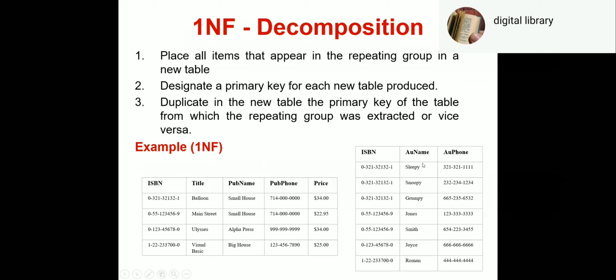So if one ISBN has multiple authors, it will have 3 rows and 3 phone numbers. The second has 2, so 2 rows. We split the table into 2 tables based on the primary key. In this table, the primary key is ISBN, and in the other table, ISBN is a foreign key. And we have multiple rows for the same ISBN.